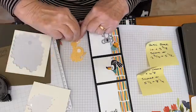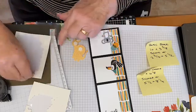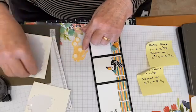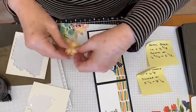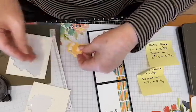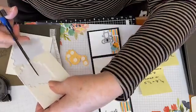So, a couple of these on here. I should have had this done before, shouldn't I? The dimensionals on there, I didn't think of that. And I might not worry about his tail. Or will I? Let's see if I can get